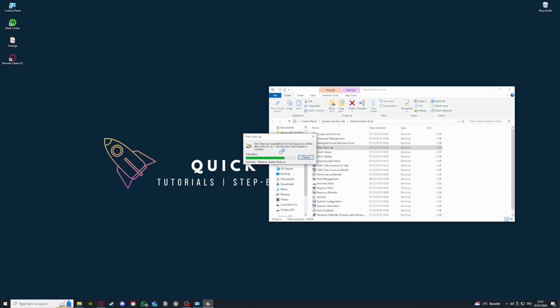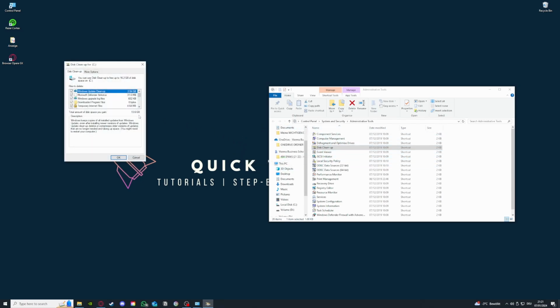And as you see with your SSD, there is a lot more to select. So I'm just going to go over that for a second. So you see, especially my Windows Update cleanup is very big. So we definitely want to select this, and basically you can select whatever you want here, but you should always be careful